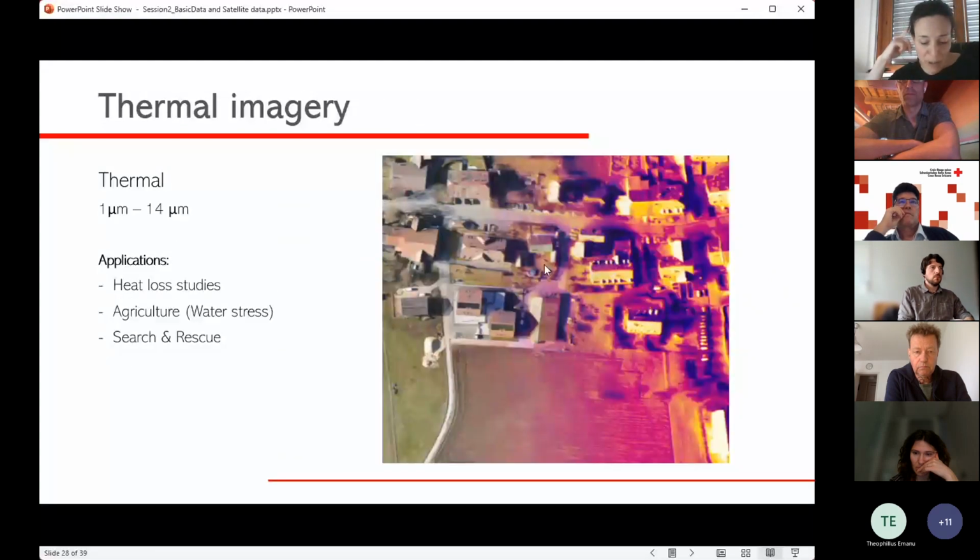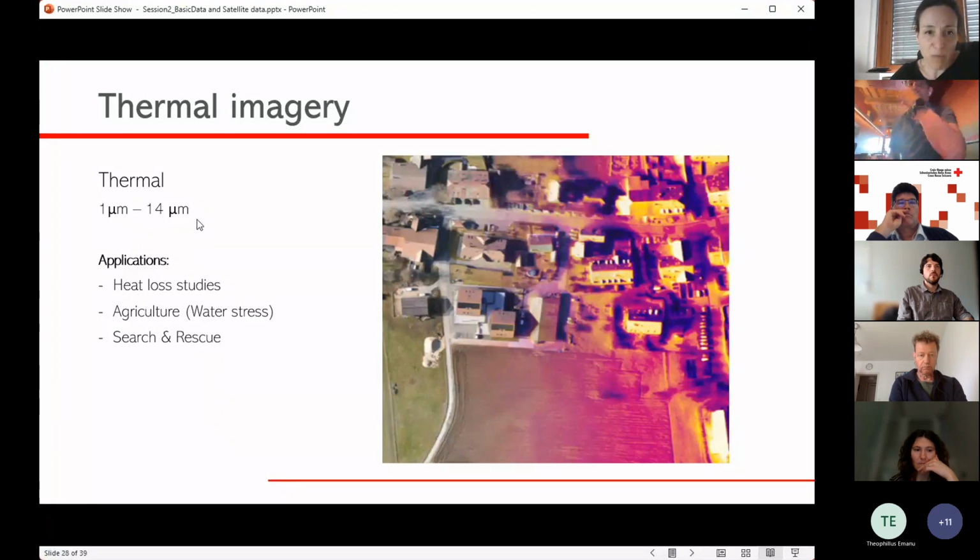And for thermal imagery, the sensor senses between 1 micrometer and 14 micrometers on the spectrum. So we heard before, the visible light is between 400 and 700 nanometers. So here we're talking about much longer wavelengths. And this type of sensor is used to observe or to do heat loss studies of buildings, or do search and rescue missions to find humans or animals,